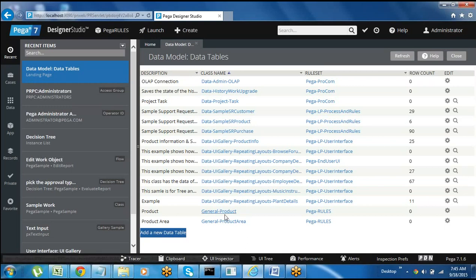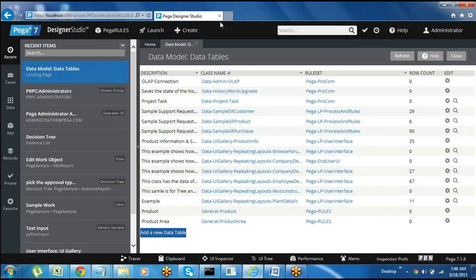So this is the home screen, which is divided into four panels: header panel, explorer panel, work panel, and footer panel. The footer panel contains all the tools: testing tools, debugging tools, performance tools, alert tools, UI tools. All those tools come under the footer part.